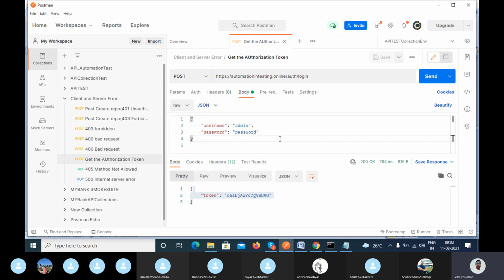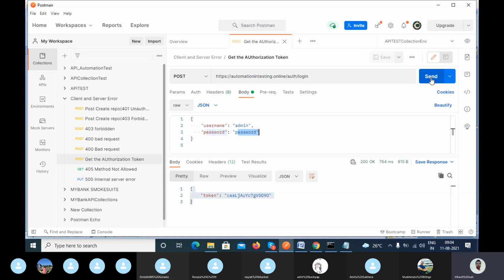Your colleague will provide you the request to authenticate the login. Sometimes they will say we have a master username and password you can use. Sometimes you can also register in the application and use your admin and password here.